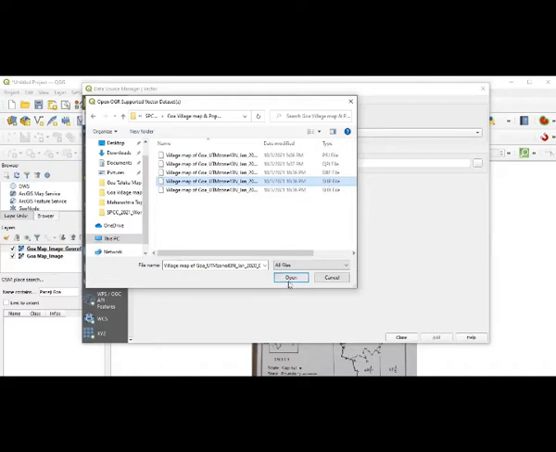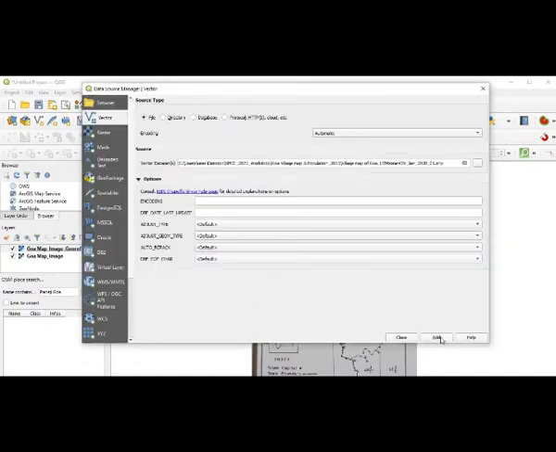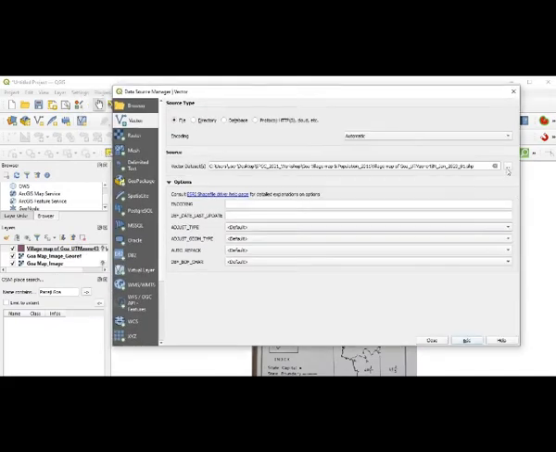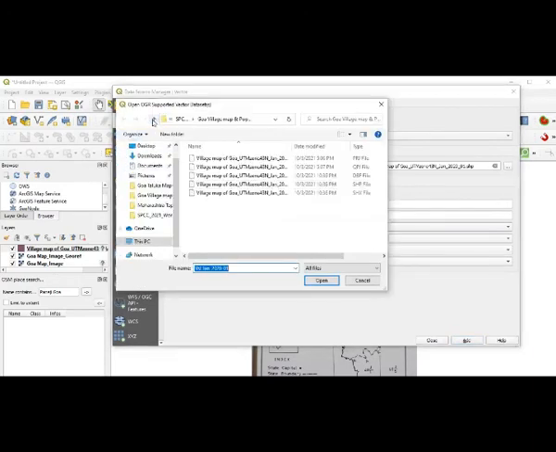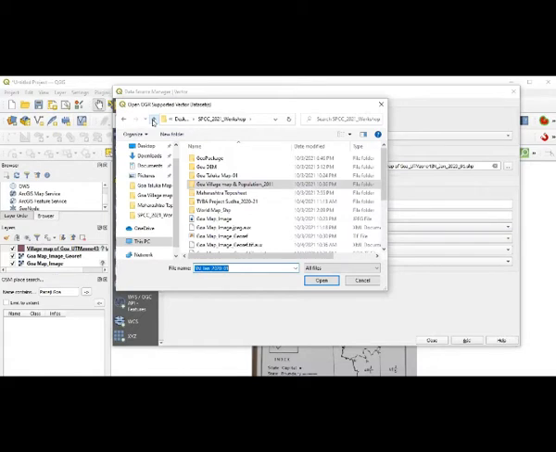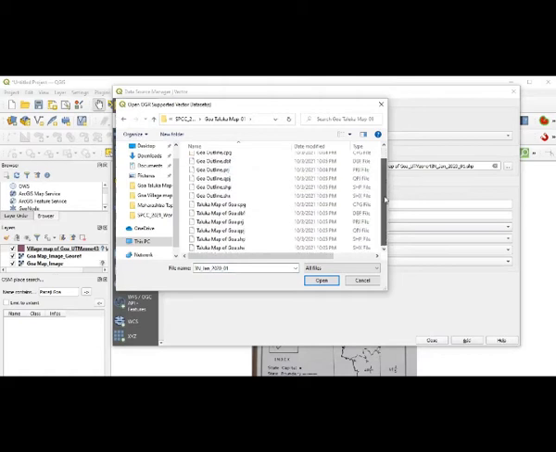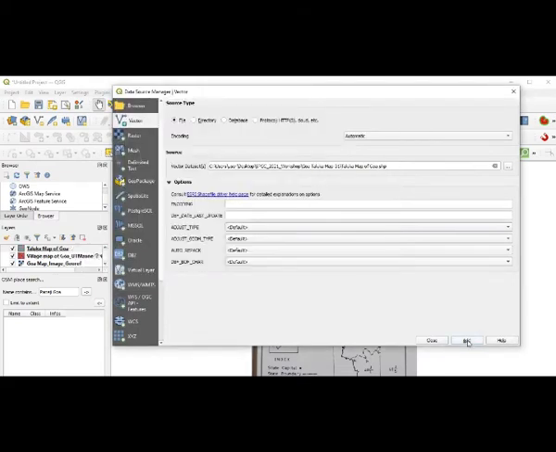I will take this one here, that is the village map of Goa. I will just select this one and add it here. So one more map has come on my side. Then similarly, I can go for one more, the Goa state outline map. I will take this one, and the procedure for adding is the same. I have now added 4 different layers: 2 raster layers and 2 vector layers.